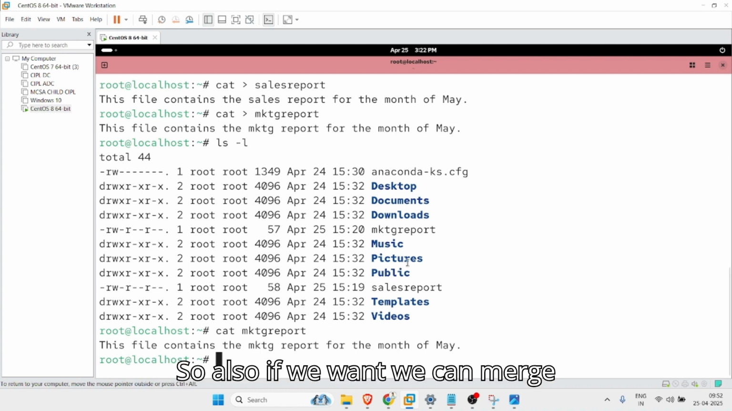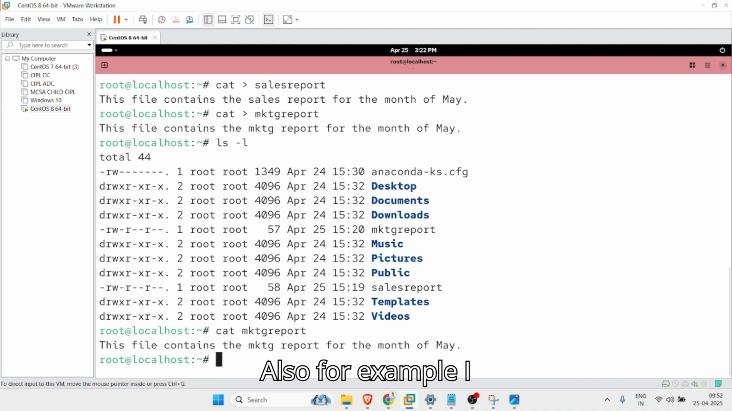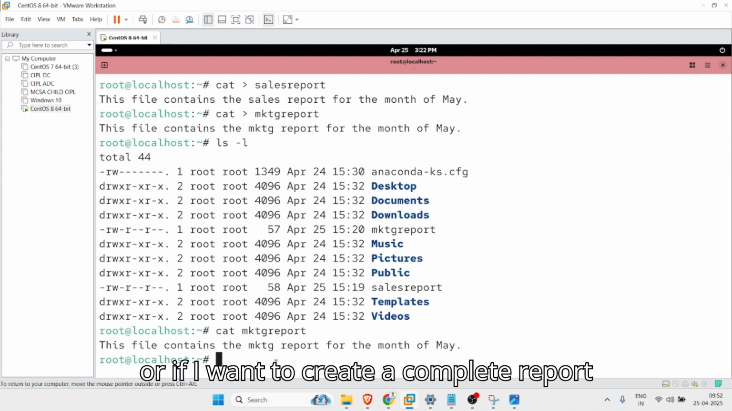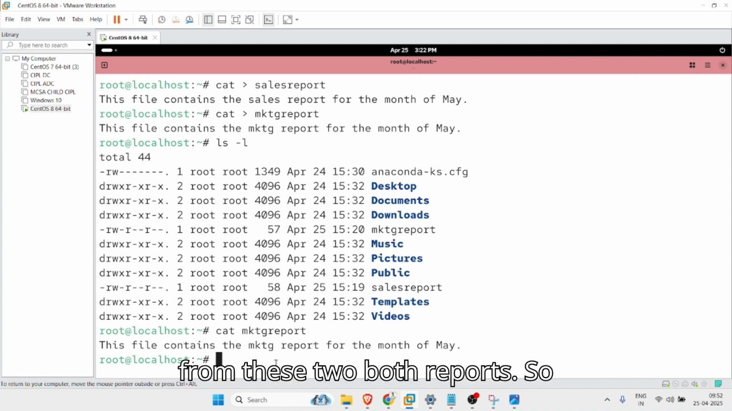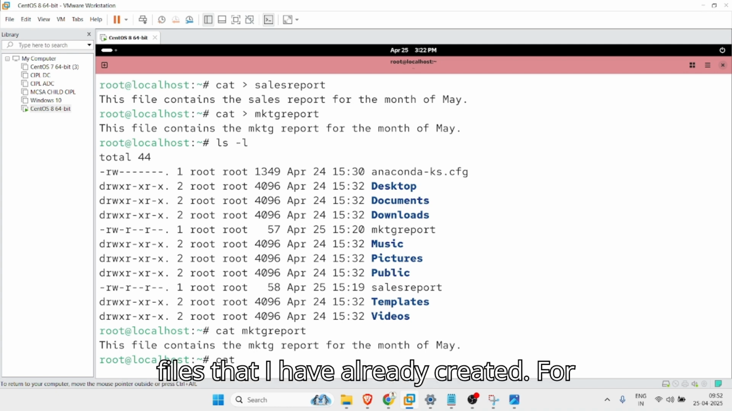Also, if we want, we can merge these two files and create a new file. For example, as I have created two reports, if I want to create a complete report from both of these reports, so what can I do? In this case, I have to write cat, right? And then I have to mention the files that I have already created. For example,